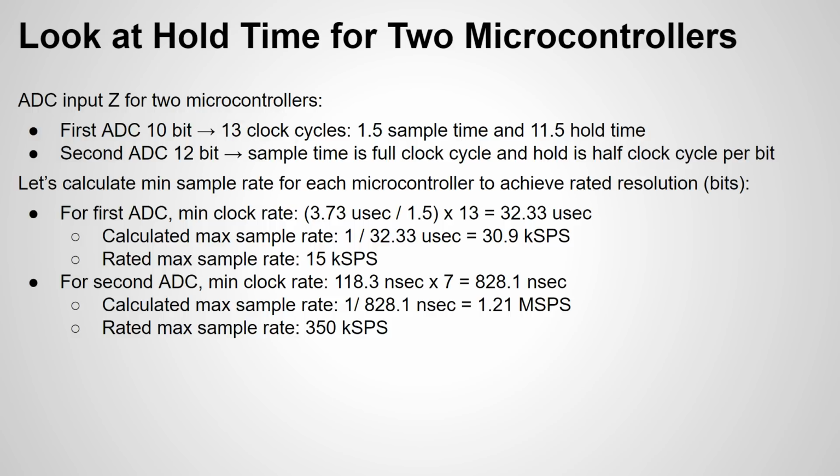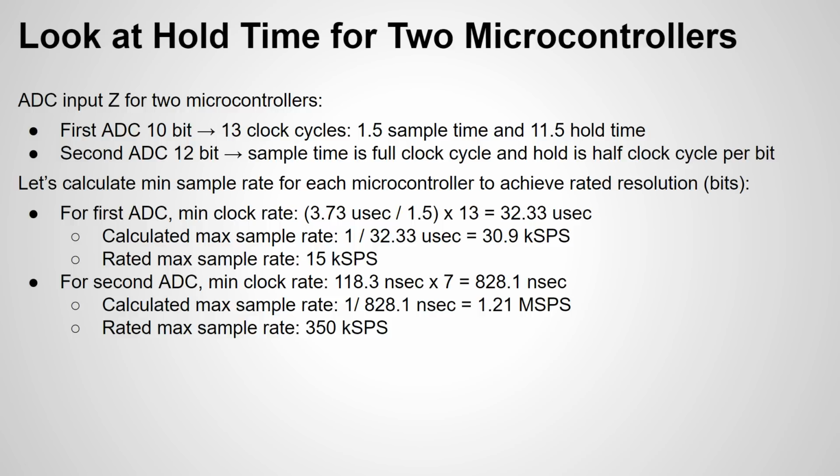For the SAM-D21, for this microcontroller, it's really synchronous to whatever the clock is for the ADC. And remember, when I say clock cycles, I should point this out, I'm talking about ADC clock cycles, and you can set the clock for the ADC, right? This is not the system clock. So the sample time is a full clock cycle, which is a little misleading. It's really actually a half a clock cycle, and then there's an optional gain calculation they do. But we'll just say for intents and purposes that the sample time is a full clock cycle,